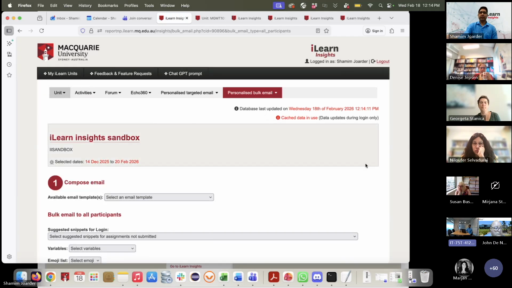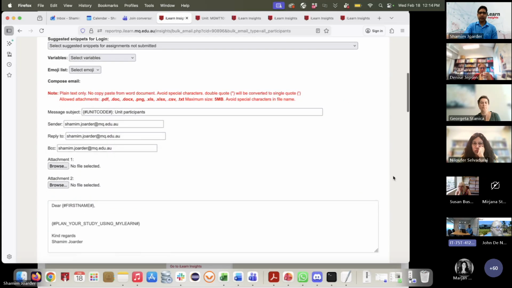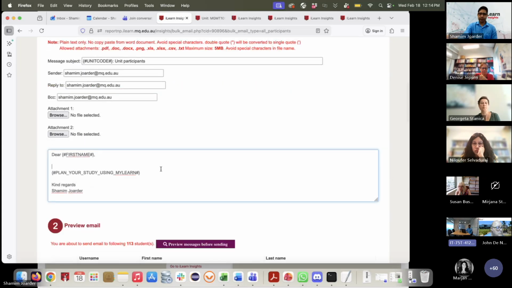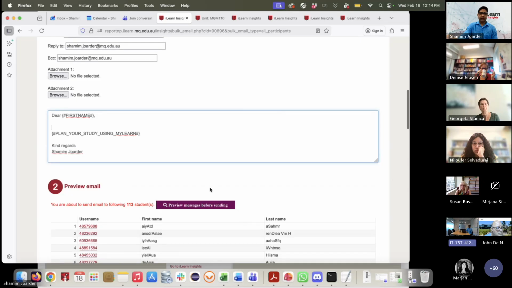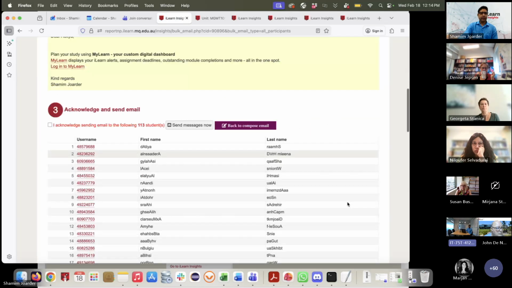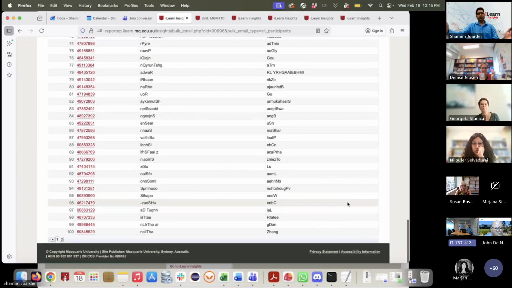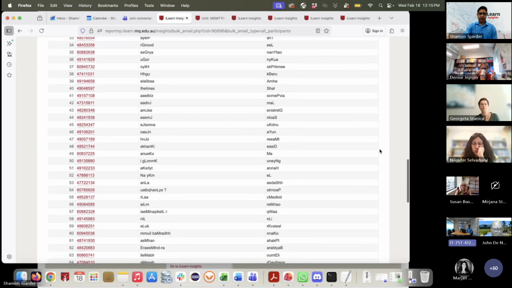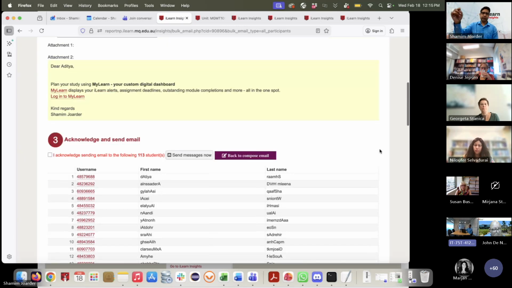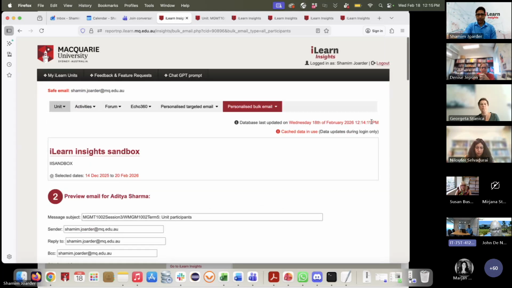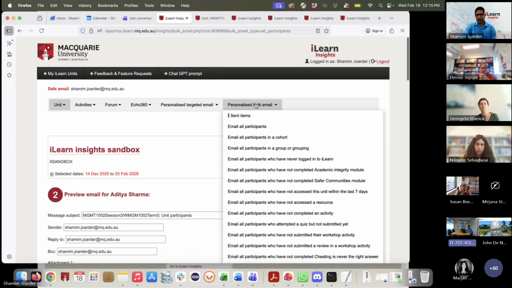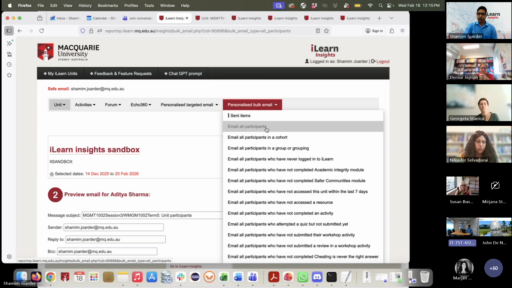over here, you can select students. So if you come over here, you can compose whatever way you like, not a problem. Then you preview, and it will send to everyone. So it works for a bigger unit, right? A larger unit, where you don't want to select one by one, right? So this, and if you look at both of these, there are different ways to send email to all participants,